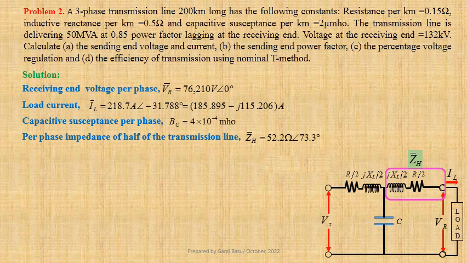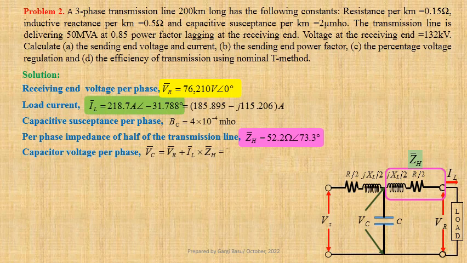Let us now calculate capacitor voltage per phase VC equals VR plus IL into ZH. Using values we get 76,210 at an angle 0 degree plus 218.7 at an angle minus 31.788 degree into 52.2 at an angle 73.3 degree. That gives us